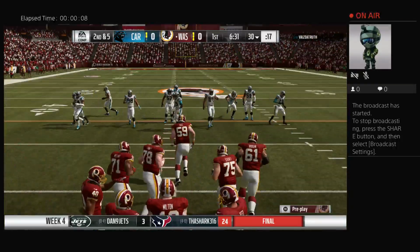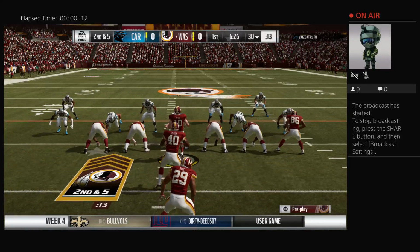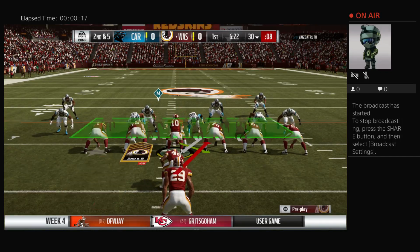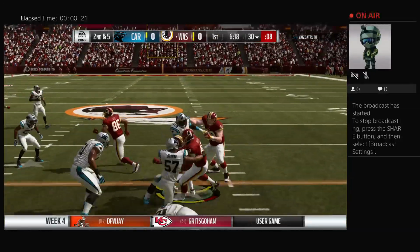Ball on the 30. They'll come up with a 2nd and 5. Geis with the carry on 2nd down. He takes this from the 30 to